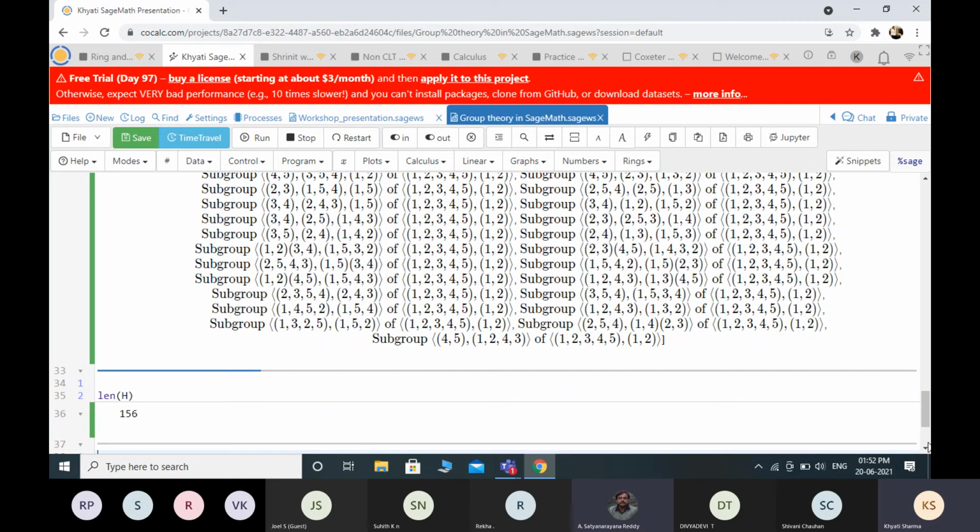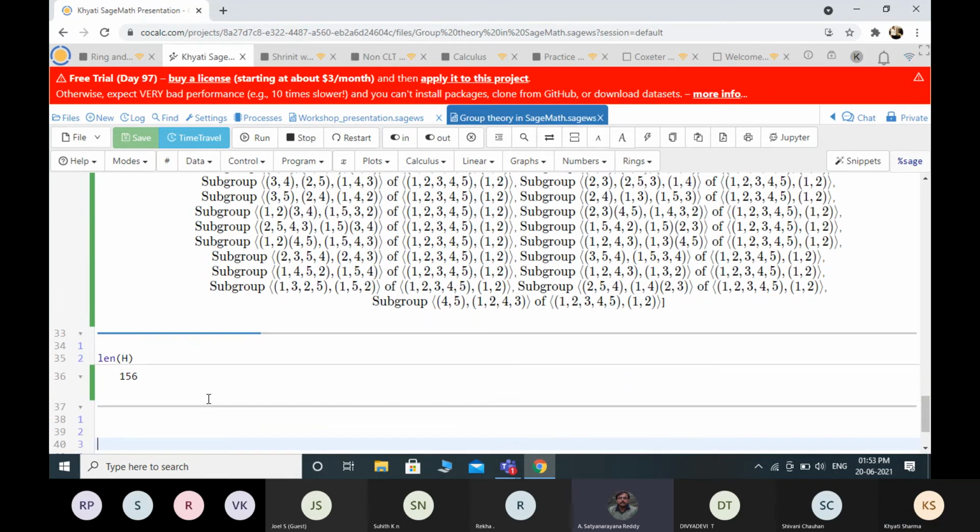Is it possible for me to find the cyclic subgroups from this? Cyclic subgroups. Sir, yes, we can find cyclic subgroups also. So I have to define something for cyclic, like for some particular order. Yes, you can proceed with whatever you plan, but I'm just asking.